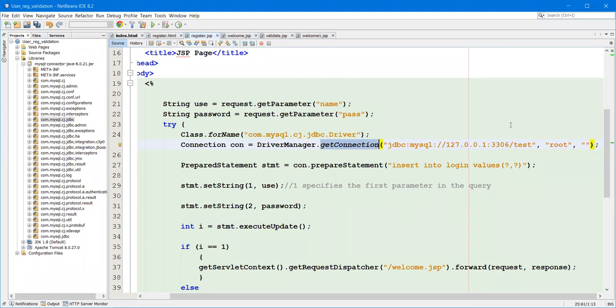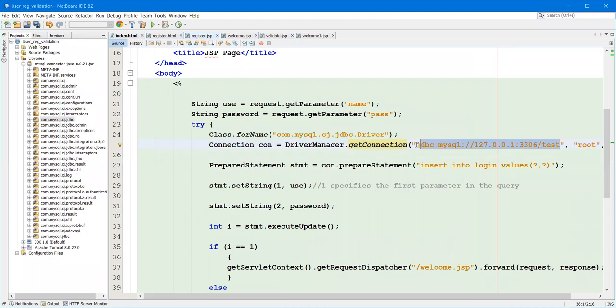What are they? The URL of the database, that is the location of our database. So here the location of our database is jdbc colon, meaning the type of the driver is the JDBC driver, colon, then which database we are going to use. If we are going to use Oracle, then we have to specify Oracle. For our example, we are using MySQL. So colon, mysql, colon, location of the database.